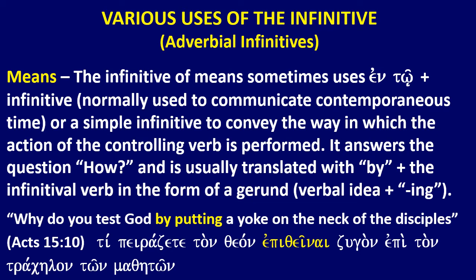And so you can see the word by in addition to the infinitive, but instead of a to construction, to put, here it's expressing means, and so we supply the English preposition by, and that captures really the idea behind this